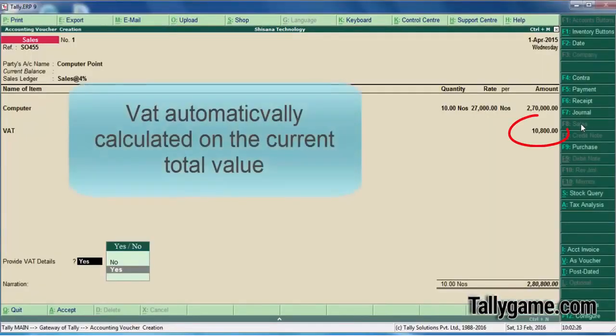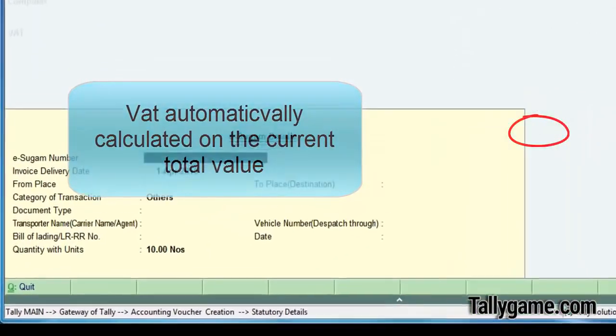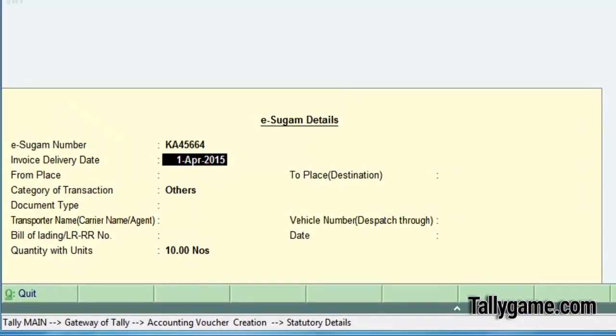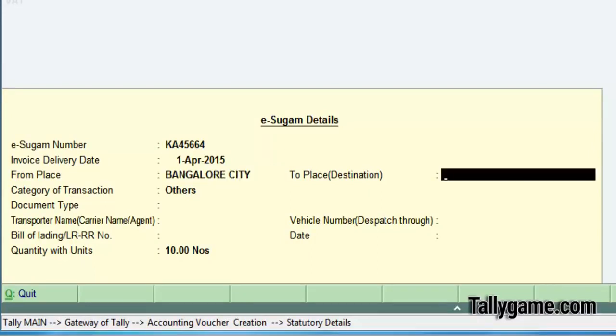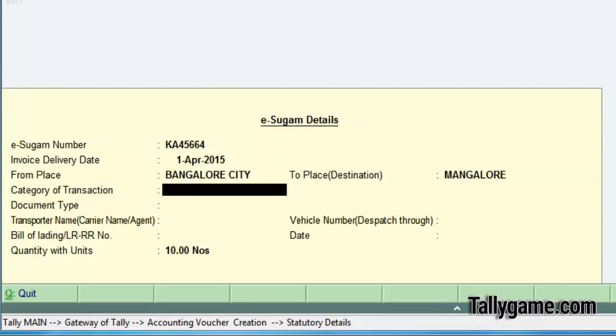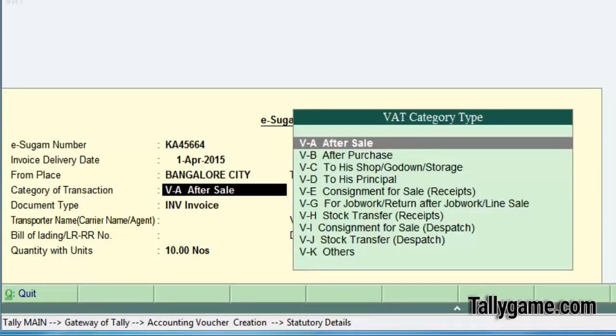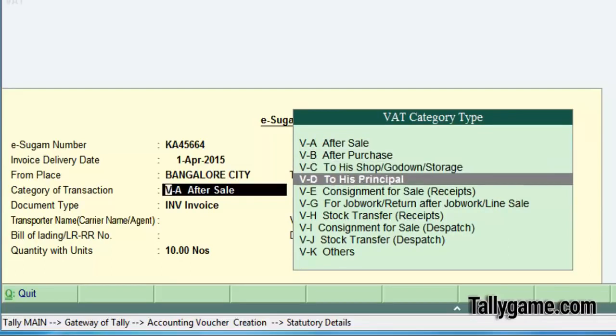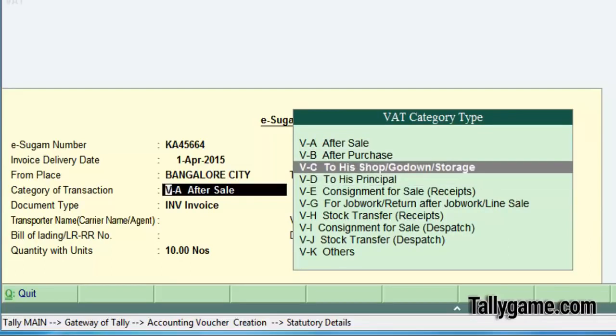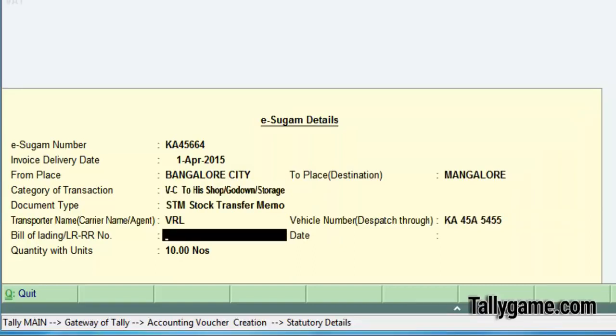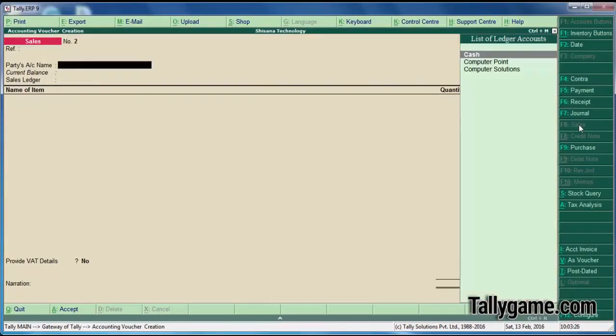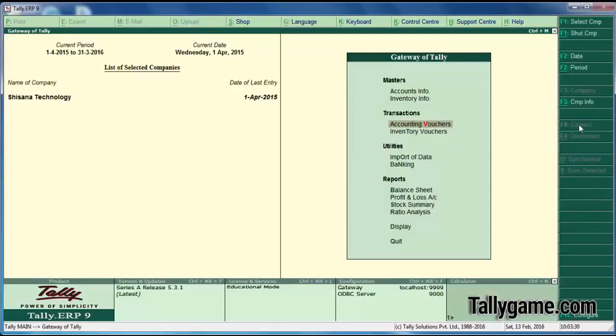Now select provide VAT details, GUM number, from place, category of transaction, bill of lading number or LR number, date 1st April 2015.